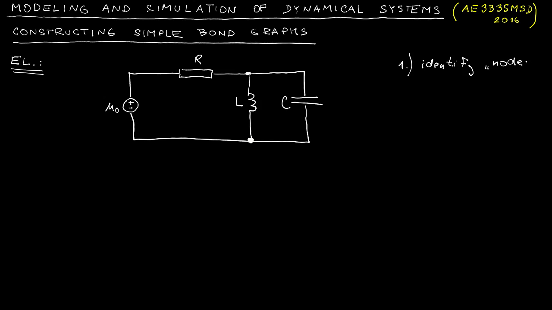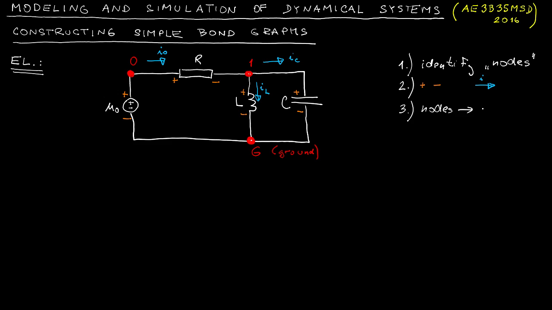And now the general procedure that I advise here is let's start by identifying the nodes. That means the places with distinguished voltage. In this particular case we can only identify 3 nodes and we will label them 0, 1 and G. G stands for the ground. The second step is to establish the coordinate system for both the relative voltages and the currents. This step is completely arbitrary, it's up to you how you do it, but once you do it, you need